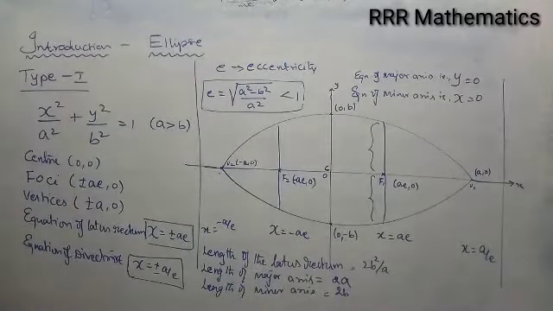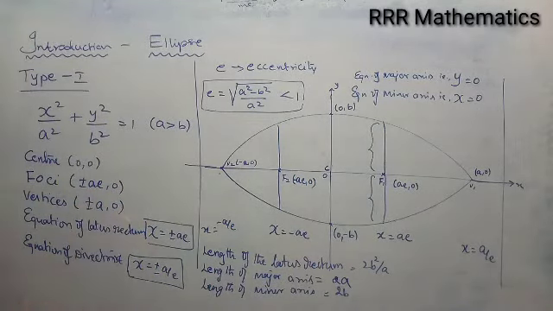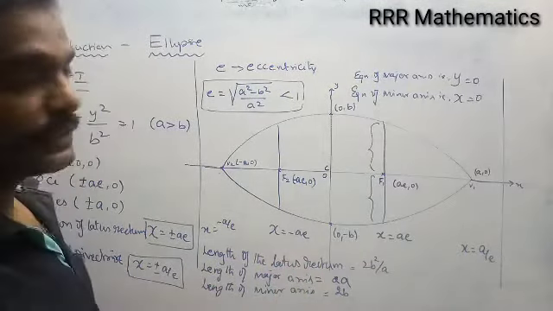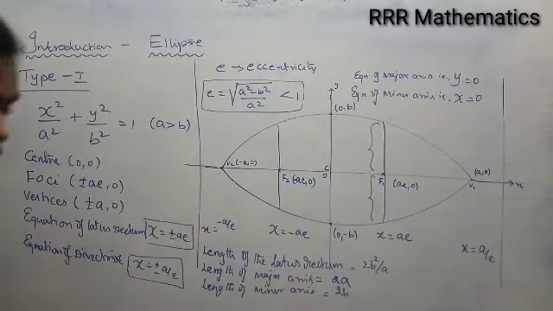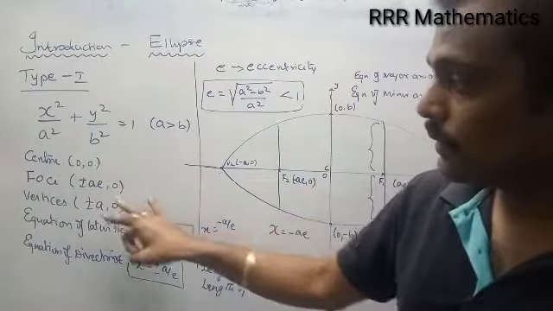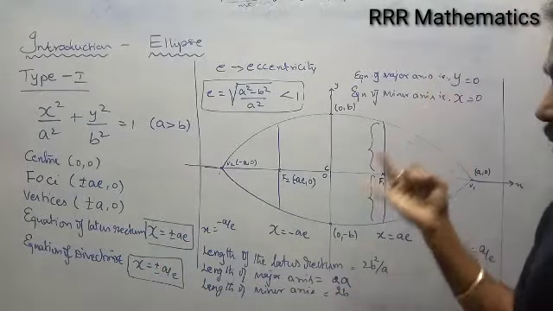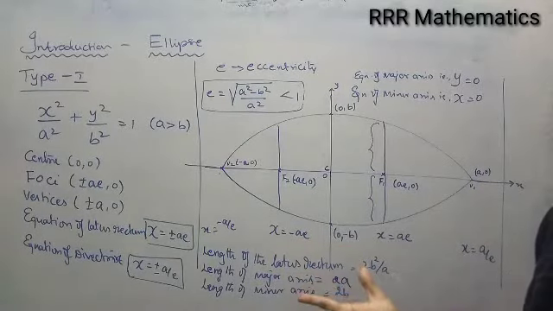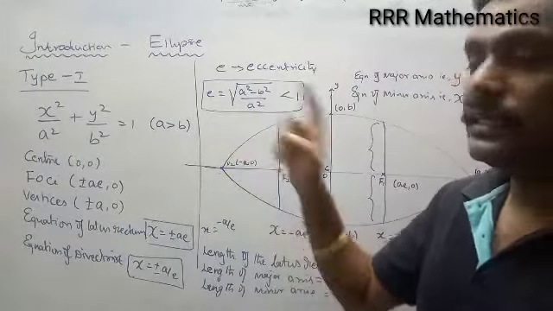In case they raise the question, they will give the equation of the ellipse. They may ask center, foci, vertex, latus rectum. Or they may ask length of latus rectum, length of major axis, minor axis. Or they may ask equation of major axis, equation of minor axis, equation of latus rectum, equation of directrix, etc. They won't ask all the 10 points. See, center, foci, vertex, equation of latus rectum, equation of directrix, equation of major axis, equation of minor axis, length of latus rectum, length of major axis, length of minor axis. Totally, here we have 10 points. In case of parabola, the value of e is 1, which is hidden.